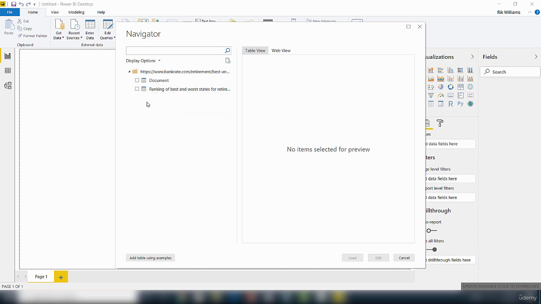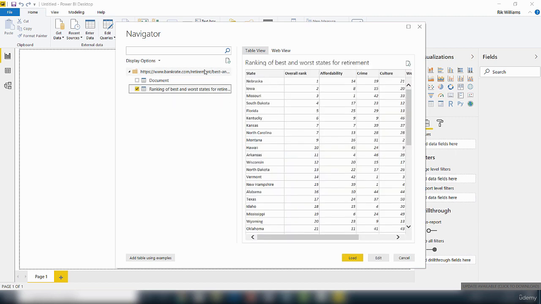Now what we're interested in here is this table. So I'm just going to click to check it, and you can see here it previews the data inside this table. So we've got three options here: one to load the data, one to edit the data, and one to